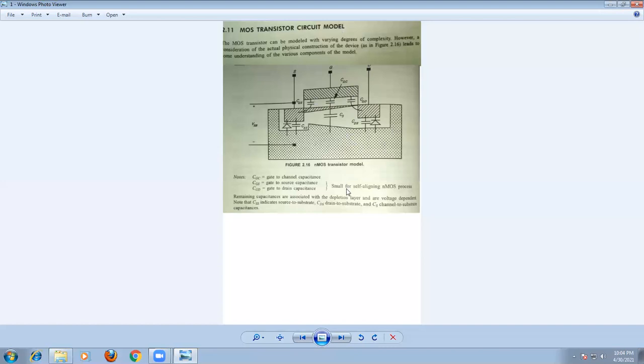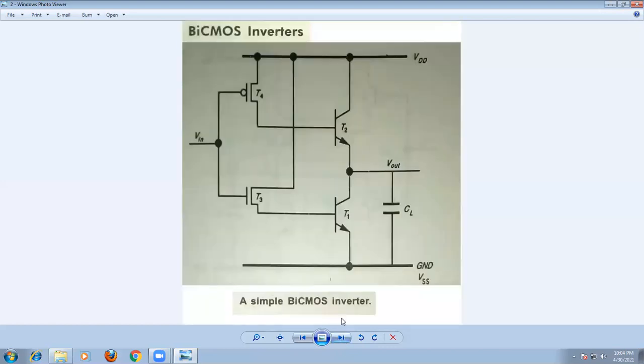Okay, now let's go to the most important topic, that is the BiCMOS inverter. There is a technology called BiCMOS technology. What is the meaning of BiCMOS technology? This technology uses both bipolar technology as well as complementary metal oxide semiconductor technology. Remember, the main drawback of the CMOS technology is that it is not able to drive heavy loads. In CMOS technology, the power dissipation is also very less, and also the static current, because the current from rail to rail is very less. These are the advantages.